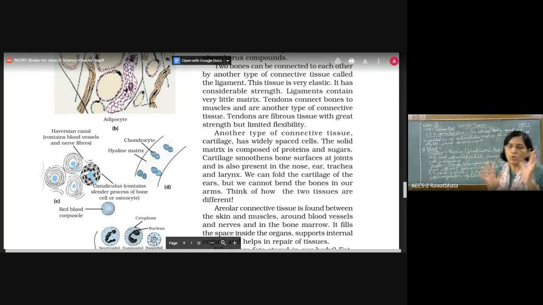We have understood about bones, and we are going to write about bones, the structure, the function, and the diagram of it in tomorrow's lecture. And yes, of course, we are going to write about tendon and ligament. My request to you is that please try to read these two and go through the diagram.